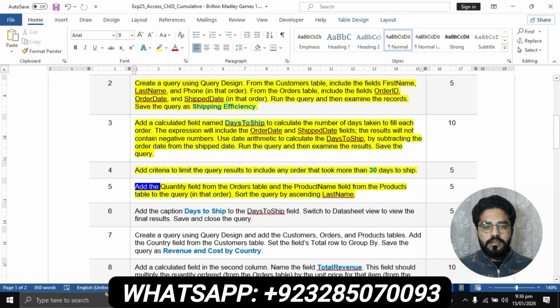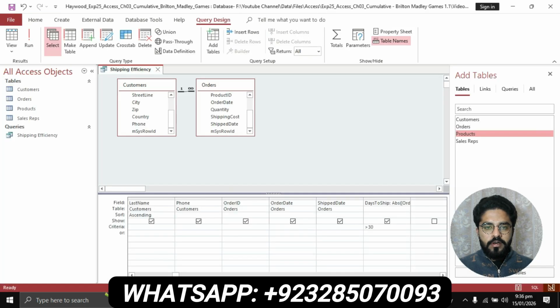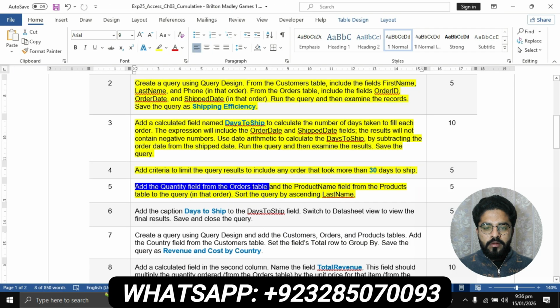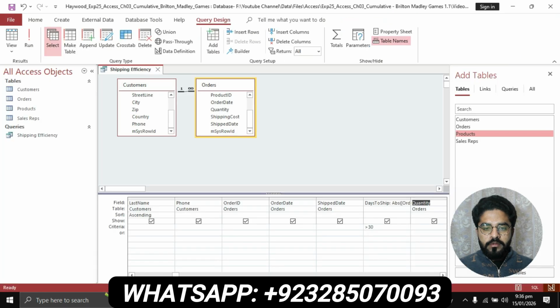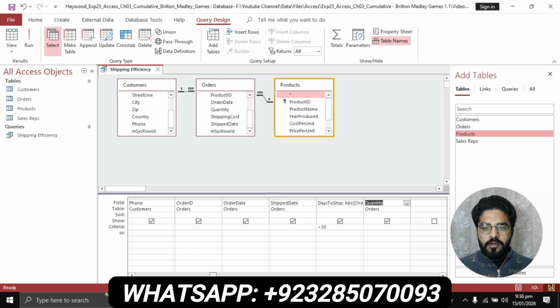The first part is add the quantity field from the order table, and double click on this quantity to add quantity, and the product name field from the product table, this one, double click on this product table, product name field, double click on the product name field to add this,